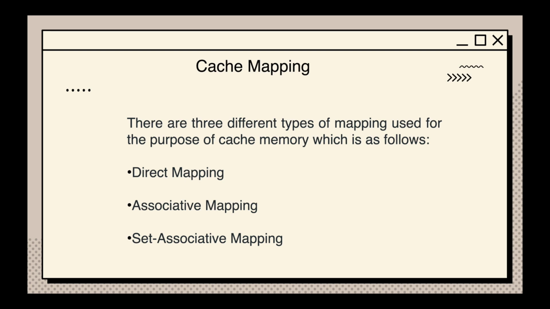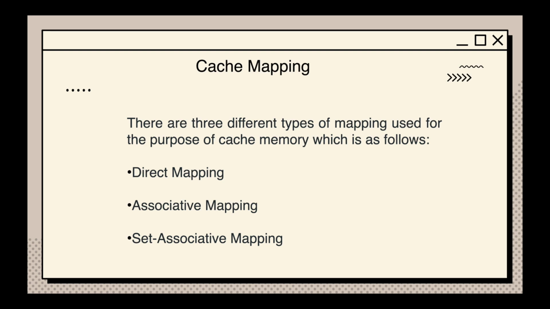Now let us learn about the third part of cache mapping, that is set associative mapping. This form of mapping is an enhanced form of direct mapping where the drawbacks of direct mapping are removed. Set associative mapping addresses the problem of possible thrashing in the direct mapping method. It does this by saying that instead of having exactly one line that a block can map to in the cache, we will group a few lines together, creating a set. Then a block in memory can map to any one of the lines of a specific set.